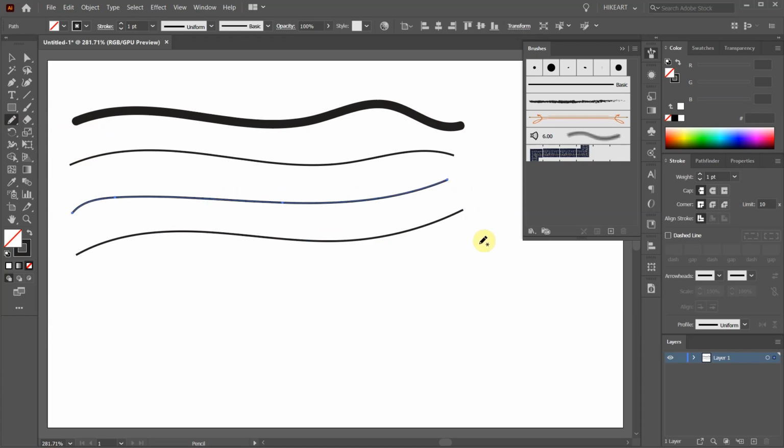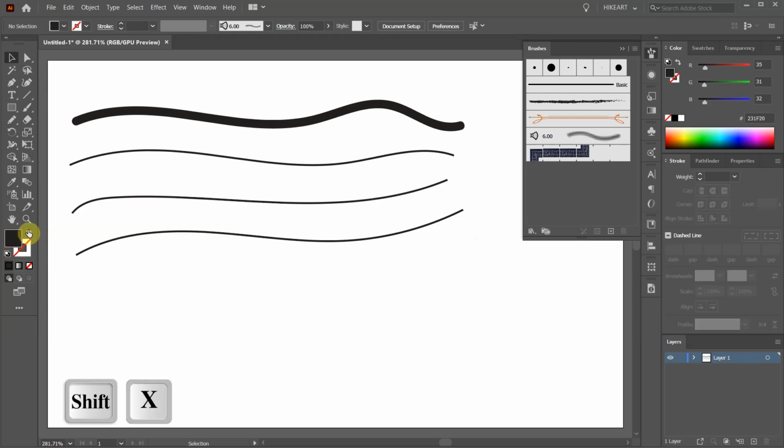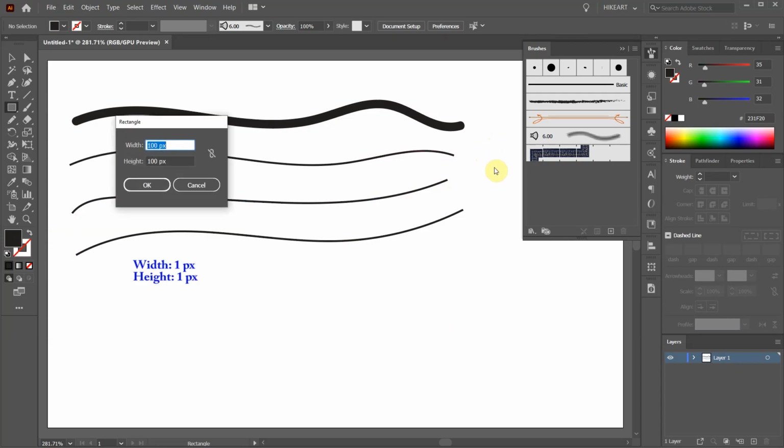Another way to get this basic brush look is to create a custom brush. It is super easy to do this. First, swap the fill and the stroke. Choose the rectangle tool, single-click on the artboard and type 1 pixel for the width and 1 pixel for the